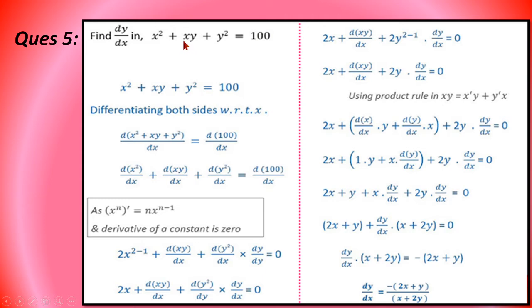In the second term, students, x into y. It means we have to apply the product rule here. So derivative of the first into the second term as it is, plus derivative of the second into the first term as it is. And for the derivative of y square, let's apply the chain rule in the third term: 2y into dy by dx is equal to 0. So now dx by dx is 1 into y plus x as it is into dy by dx. Let's open the bracket and keep this dy by dx on one side and let's shift everything else to the right side.